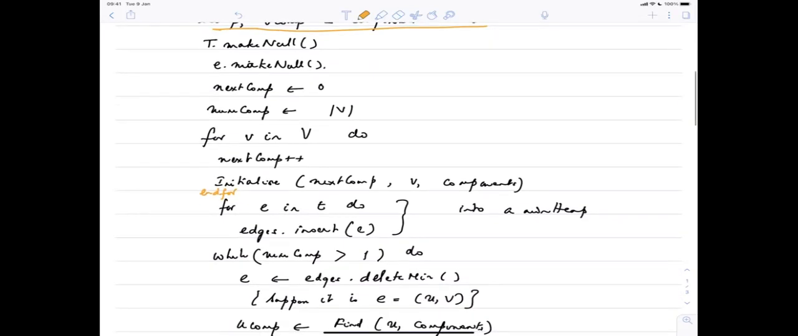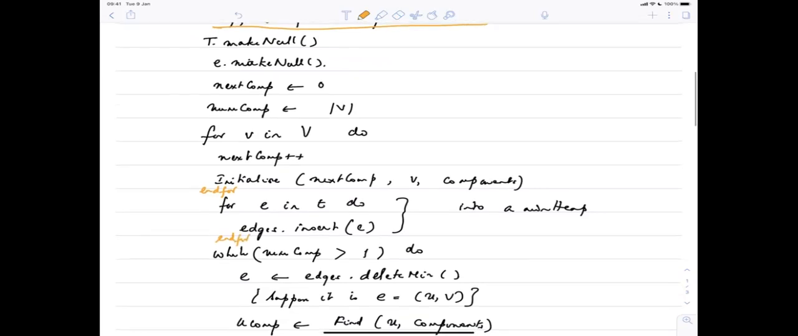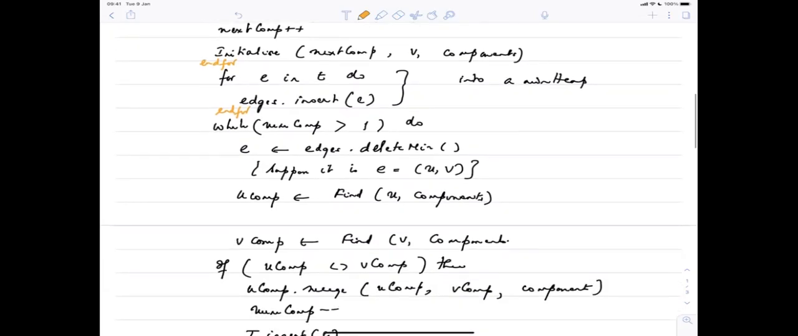And this should be an N4. So basically we insert, you create a set for every vertex. And here you insert the edges in the meeting. And while the number of components is greater than 1, you